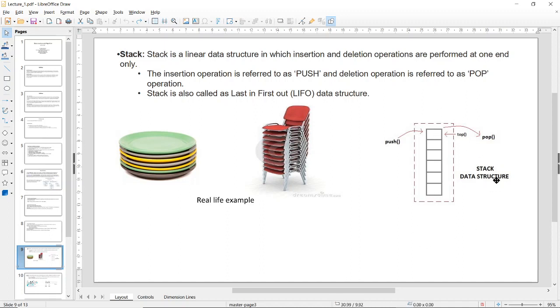So if you want to manipulate this data structure in some way, you can only access it from one point, right? This end is closed and this end is open. Whatever you want to do, this end is the place, right? So the insertion operation is referred to as push and the deletion operation is referred to as pop.